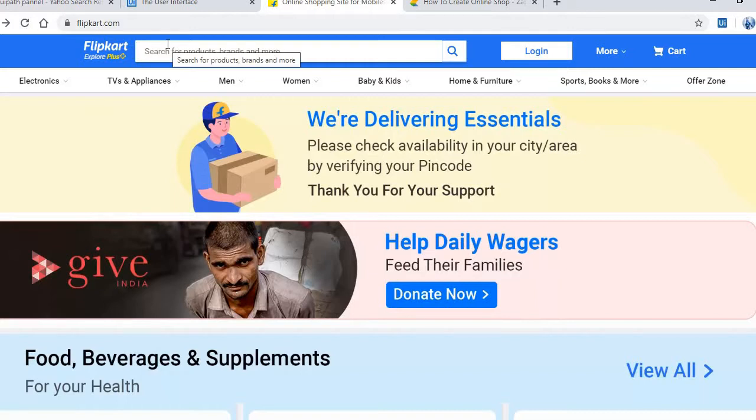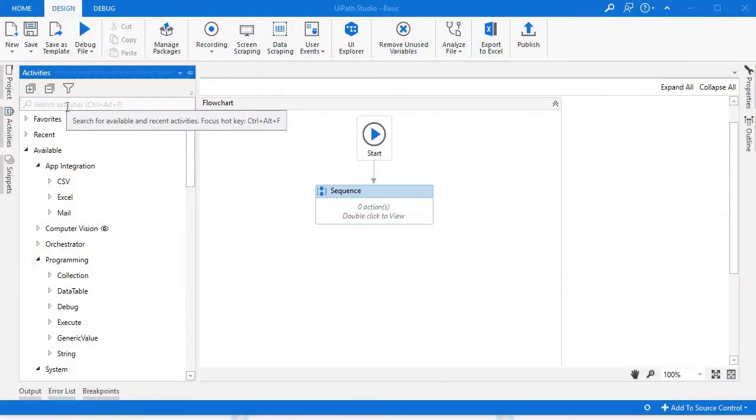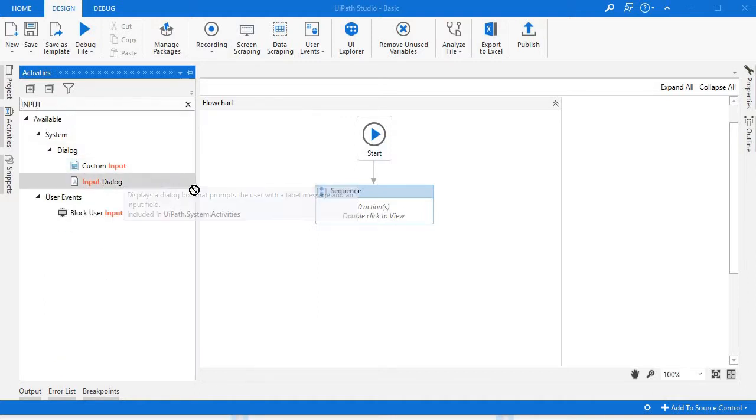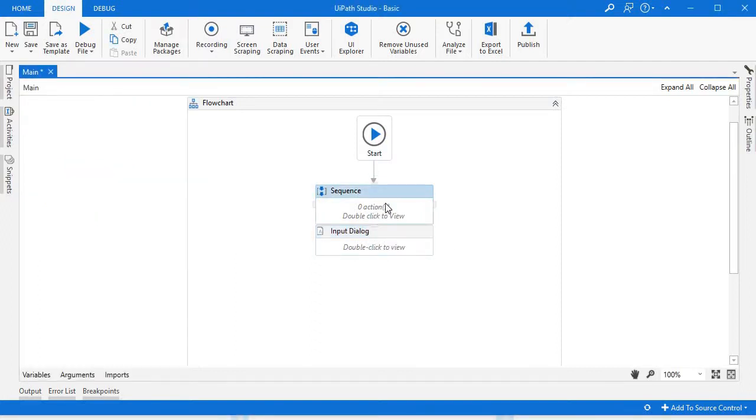So at the first step, for this we need to take an input dialog. I am dragging this over here. This will be our start node.